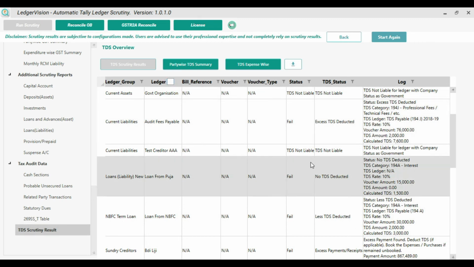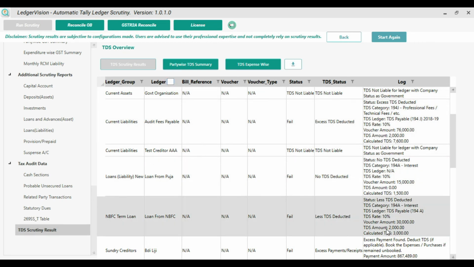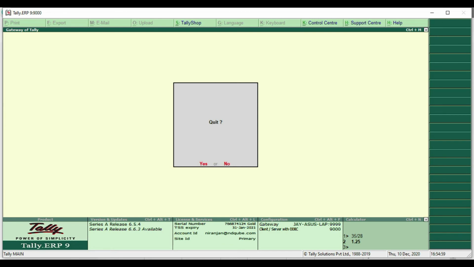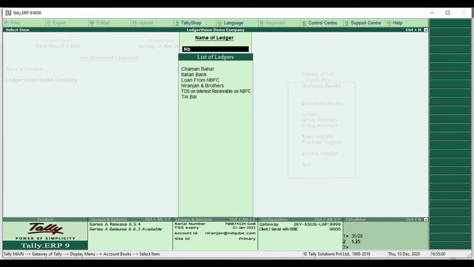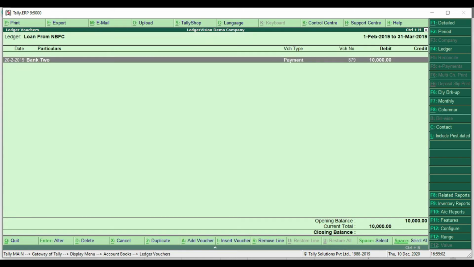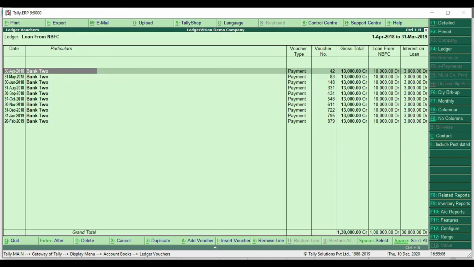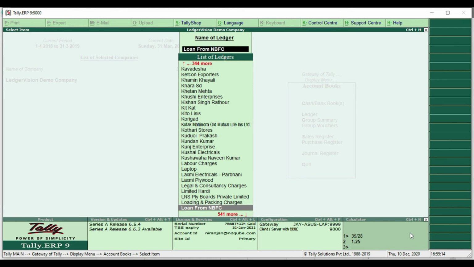If you can see, this is the voucher amount, actual TDS and calculated TDS. If you go to Tally and find out the details like NBFC, when you go for column details, you will get the total interest paid to NBFC as 30,000. Now in case of NBFC, you have to pay EMI first, then you have to deduct the TDS.